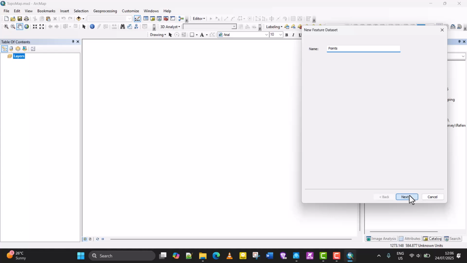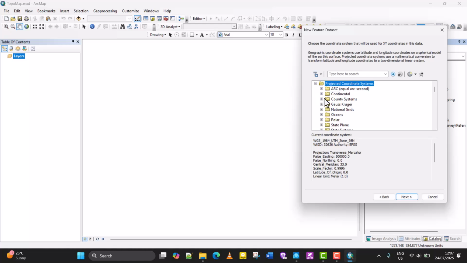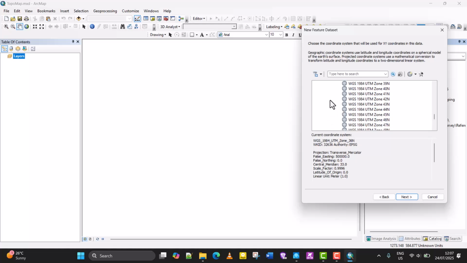Here, also very important, we want to select our coordinate system. When mapping, it's usually advised to use a projected coordinate system. They are most suitable for representing features on a flat surface. In this case, a flat surface is a screen because you're doing mapping on a screen and not on paper. So you select the coordinate system depending on where the mapping location is located